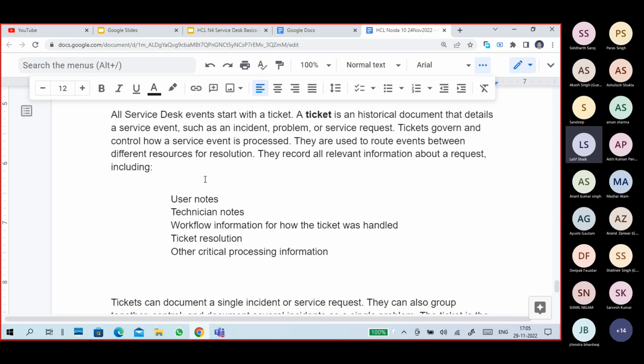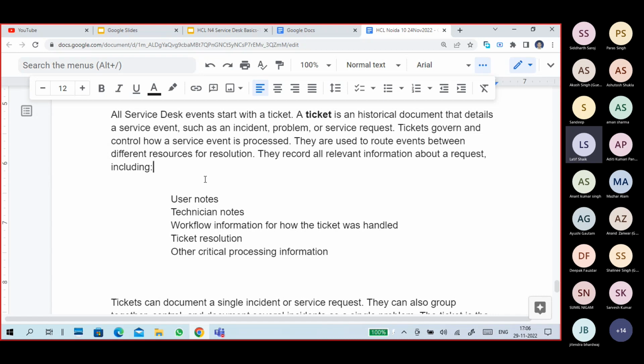Okay. Service requests are different. A service request is, for example, I want printer access. I want VPN access. I want internet access. So I'm requesting this particular resource, or maybe a system, or some changes through the service request. So whatever the customer requirement is, maybe a change of services, or some information, or reporting some incident, it is in the ticket.